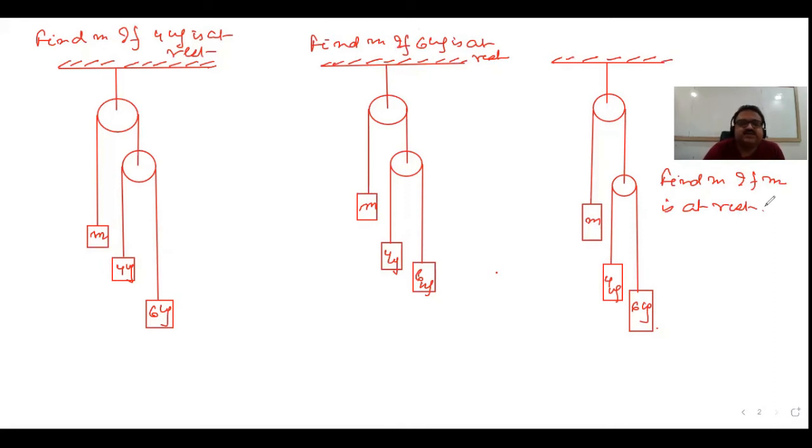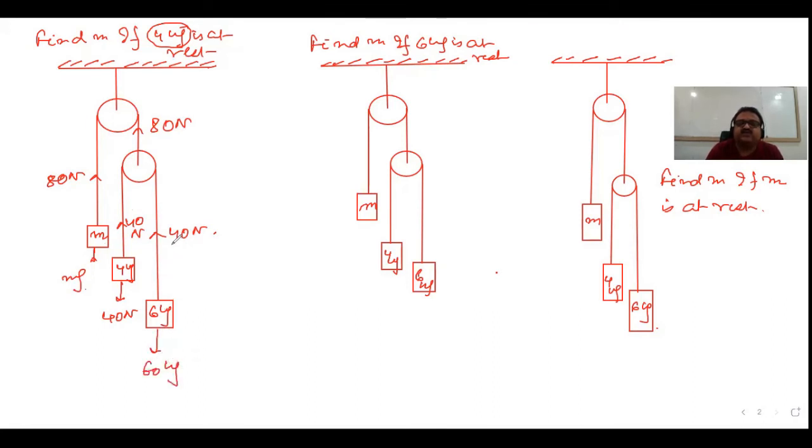So how to solve this question? Look at this. First of all, think in this way. If 4 kg is at rest, that means the upward force acting on the 4 kg mass and the downward force acting on the 4 kg mass must be equal. That means downward force is 40 Newton, upward should be 40 Newton. And same string, so it is 40 Newton. If it is 40, this is 80. And if it is 80, this is 80. Now look at this. We can solve it so easily. 40 Newton up and this 60 down.